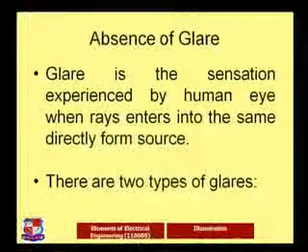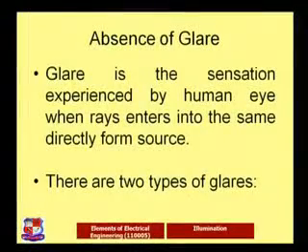The same principle applies where we are doing some process or work at our industry. If illumination is not proper and the glare comes into the eye of a worker or human working on that machine or tool, it will create an accident. So lighting has to be suitable to our eyes only. So absence of the glare is very important because rays should not come directly into the eye.